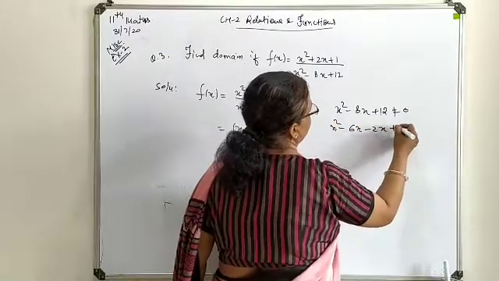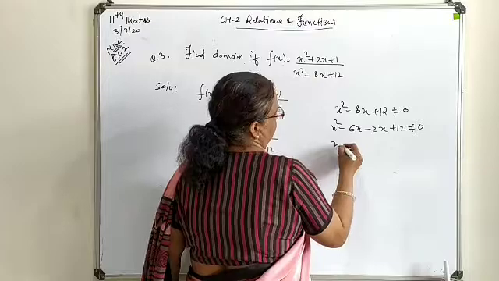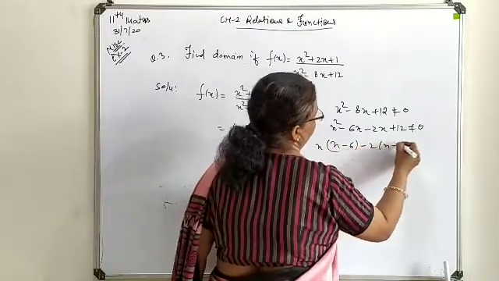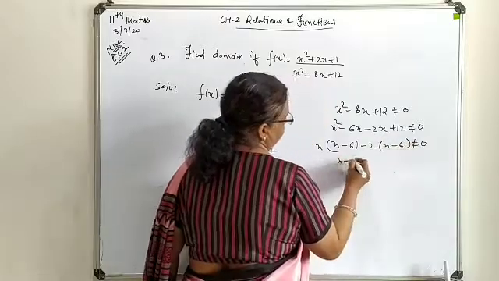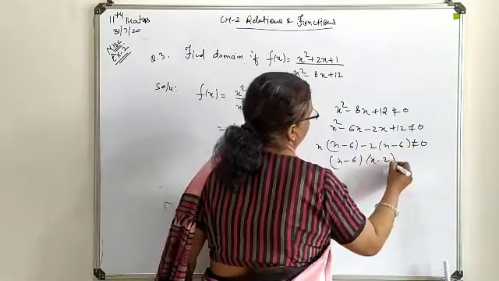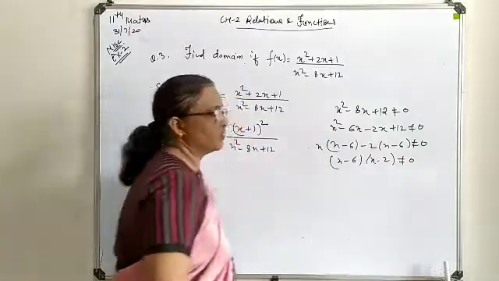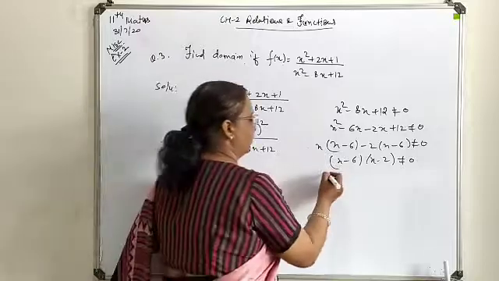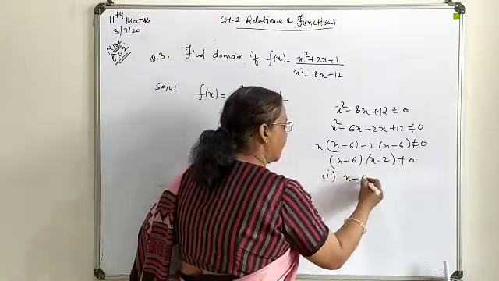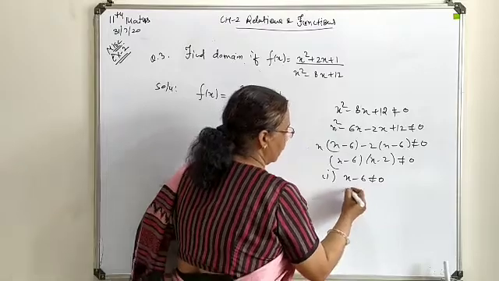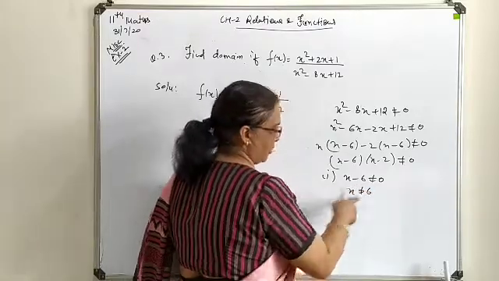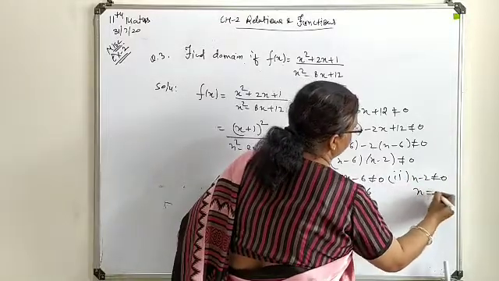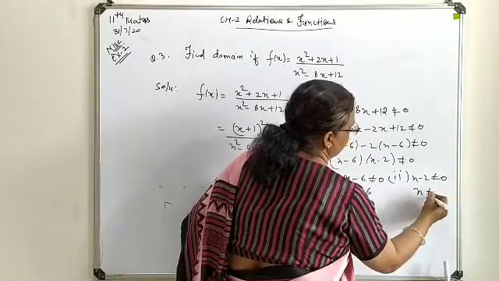Now factorize it: x square minus 8x plus 12 is x minus 2 times x minus 6, splitting 8x as 6x plus 2x. Factoring, everybody is clear about; in lower classes you have studied it well. Now the two brackets, the two factors we have generated, their product should not be equal to 0. So it gives two values. x minus 6 should not be 0, so x should not be equal to 6, or secondly x minus 2 should not be 0, so x should not be 2.